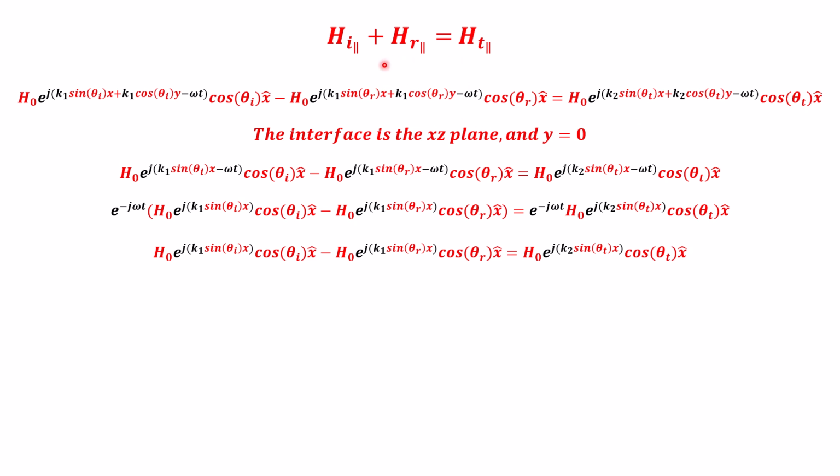Like the electric field, we can derive the tangential boundary component of the magnetic field. So we said that it's only the x component of the magnetic field that is tangential to the interface. So we can write the magnetic field as such. Now we only take the x component because we said that it was polarized along xy, and it is written in this manner. And because the interface is the x-plane